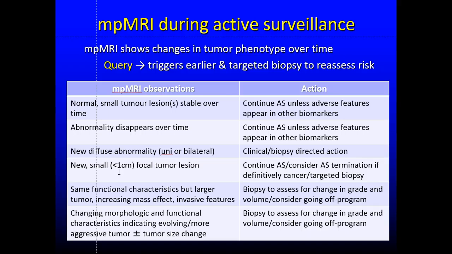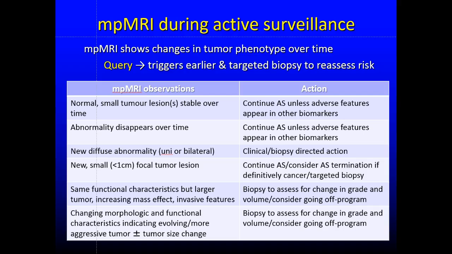What about MRI in the follow-up of patients with active surveillance? So what about the role of MRI in helping to decide what happens while the tumor is being surveyed? Well, this is very interesting. If you have a small tumor or you have a normal appearing gland and nothing very much changes, then you should continue active surveillance. Sometimes abnormalities disappear, and this often happens with prostatitis, and you can see abnormalities appearing and